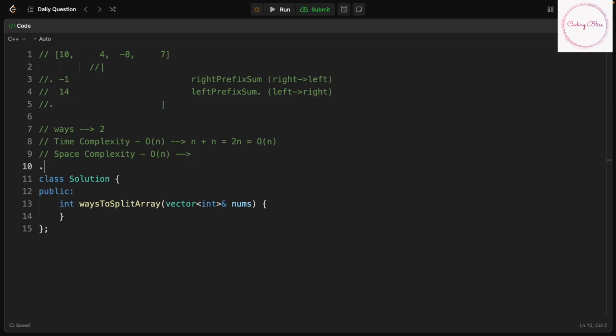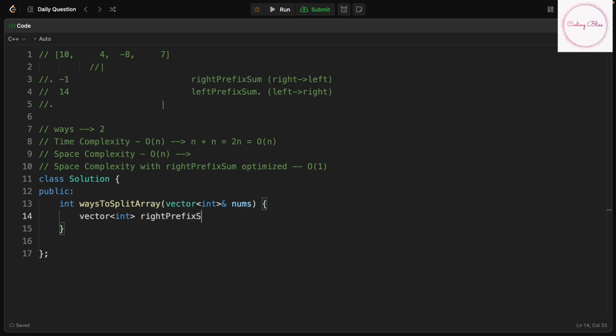Okay, so this will reduce our space complexity, with the right PrefixSum optimized, to order of 1. Now let's code this up. I'll do one thing. I'll code this one, the order of n solution, and then I'll come to the order of 1 solution. So what we'll do is, first we will store a vector int